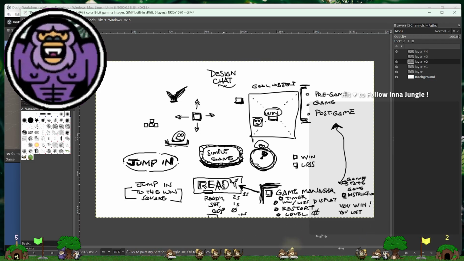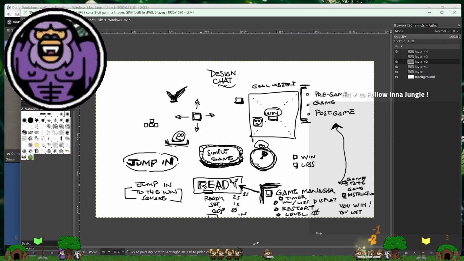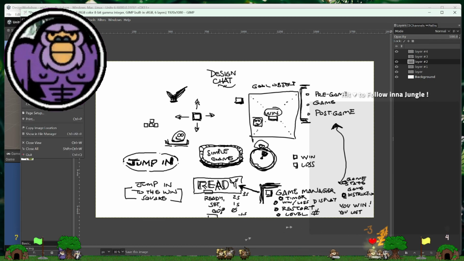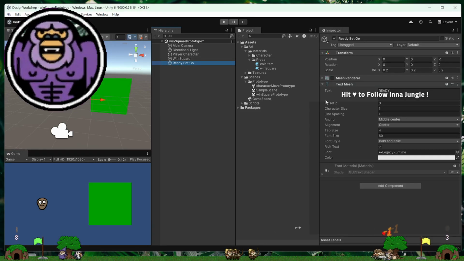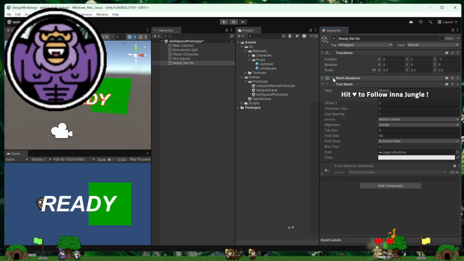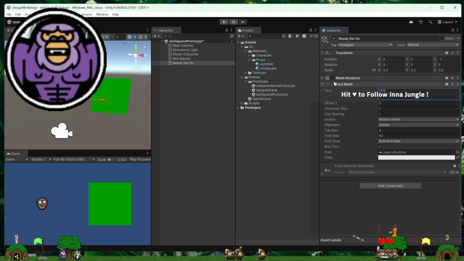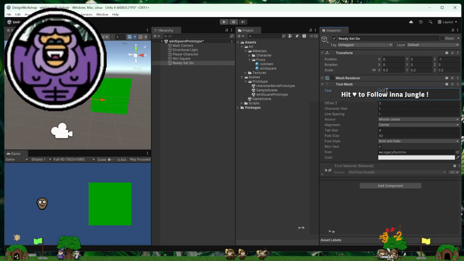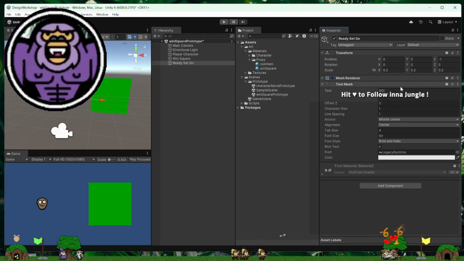I think it's good that we already threw in some text to see what that looks like and basically tested that out, even though it doesn't have any code in it. We can imagine it here on paper, and we can imagine it here in our scene, because we can say, ready. And then we can say, set. And then we can say, go. This is going to look great. That's going to look fantastic.